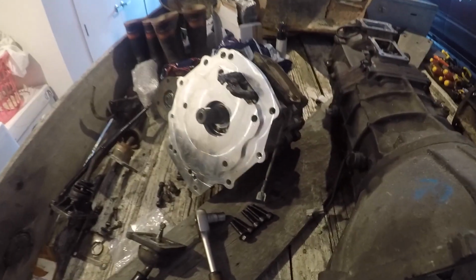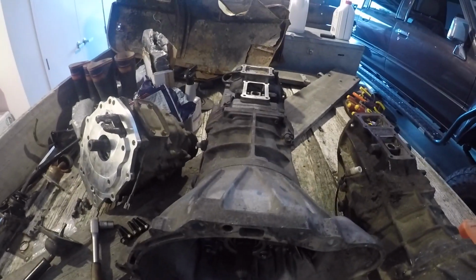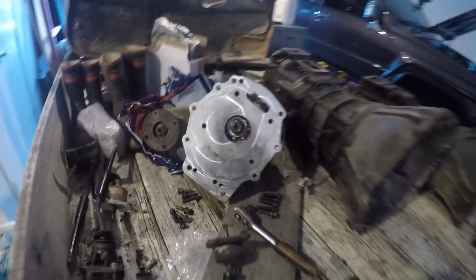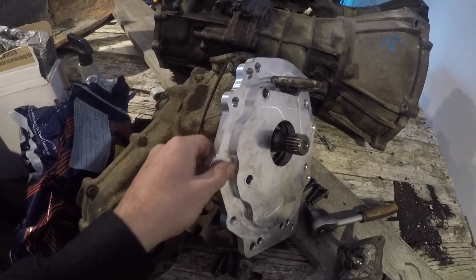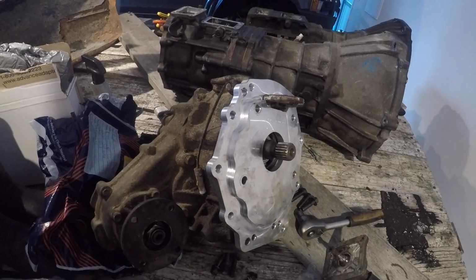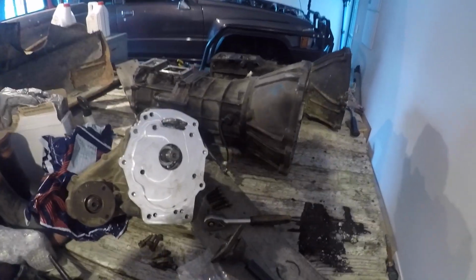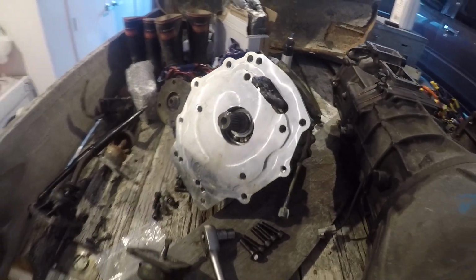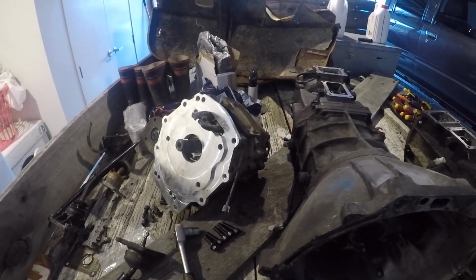What I've also done is gone and bought an adapter plate. So I ended up buying the R151 box just by itself with no transfer. Saves me a little bit of money there, about $500. So I've put that extra money into this adapter plate here, which means I can have a gear driven transfer to the R151 box. That means I can run reduction gears in the future, which is the reason why I've done it. And it ends up being about the same amount of cost anyway